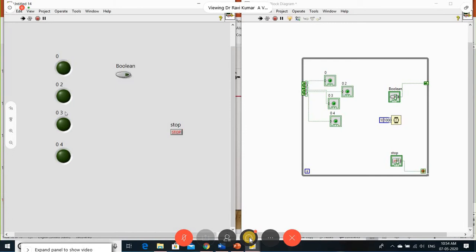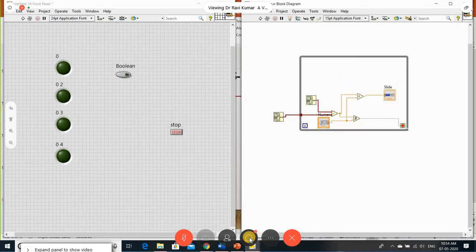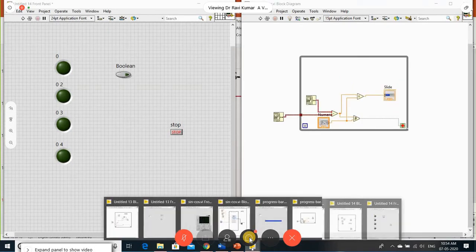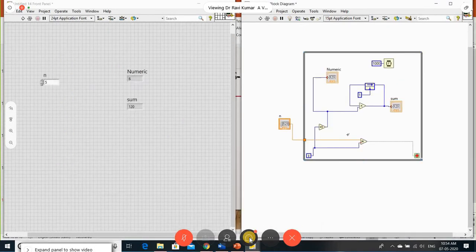Fine. Let me start with some other experiments or programs using the shift registers. As we did with finding the factorial of a number using the while loop, this same factorial finding I'm going to implement using the shift register.